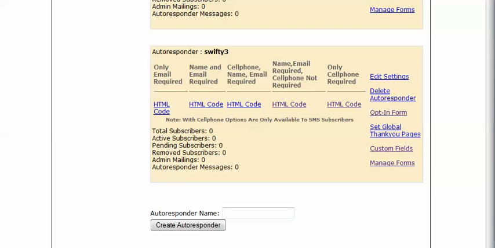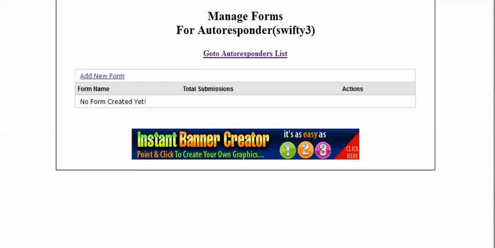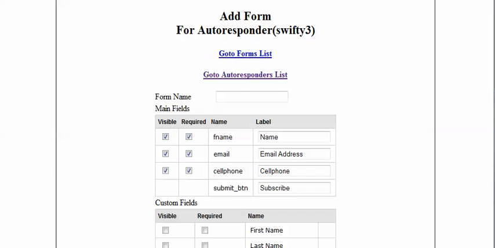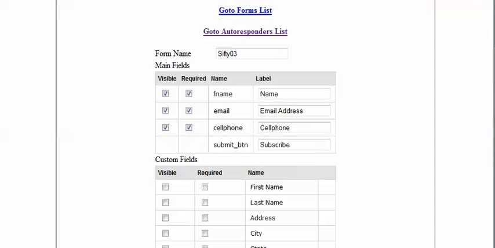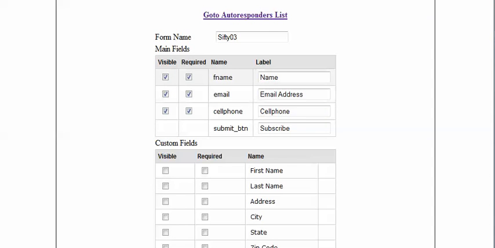And now that we've created the custom fields, now we want to manage our forms a little bit better even. So we're going to create a new form. And the form name is going to be Swifty 03. Let's call it 03, just so that we have it that way. All right. So we know that it says F name is required. So we're going to say that that's required still